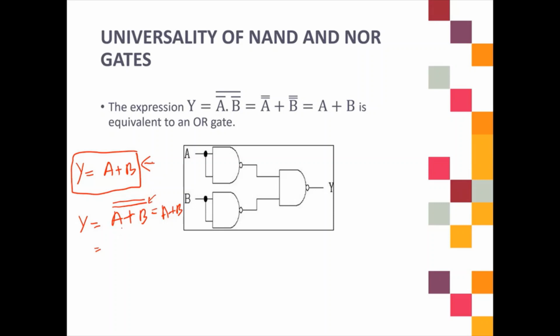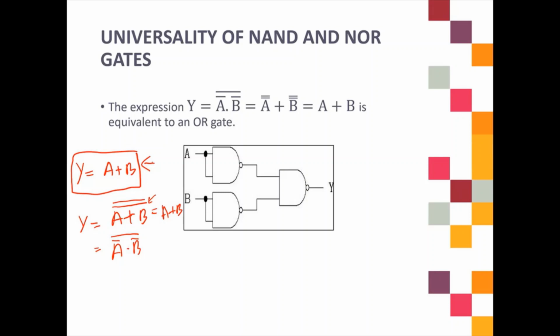So when you apply the bottom inversion bar, you will get A bar dot B bar on top. Okay. So based on this equation, you are already done changing the OR equation into the NAND equation. Okay, why? Because the last equation that we made after we applied De Morgan has changed the sign from plus to dot. Okay, at the same time it also follows